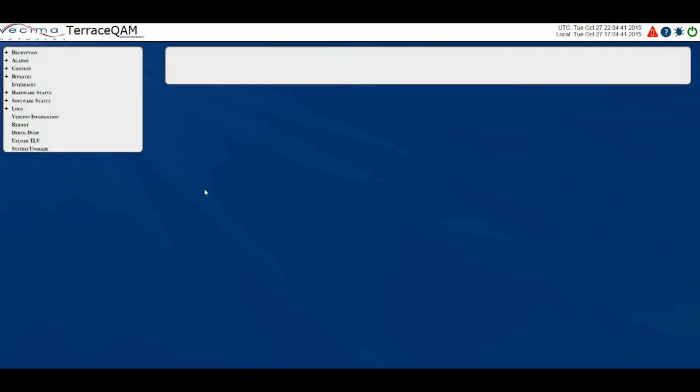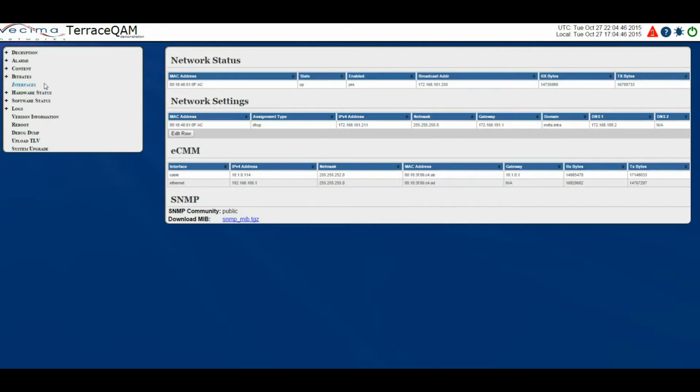Where do I find information about the interfaces? To find information about the interfaces, click on Interfaces. This will bring you to the interface page. The interface page displays interface information about the embedded cable modem, the Craft interface port, SNMP, and the Ethernet network connection. On this page we have network status, which includes the MAC address, which is the MAC address of the